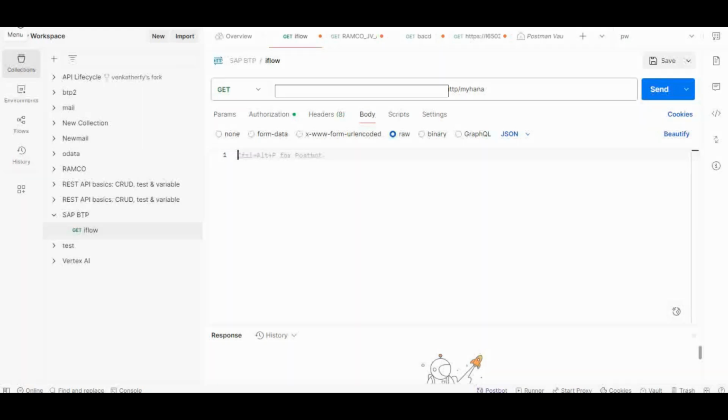Okay, now I am inside the Postman. Now we will execute this IFlow by passing the appropriate payload to execute either the SQL statement or the procedure, database procedure or stored procedure. Okay. So remember that this IFlow is made of